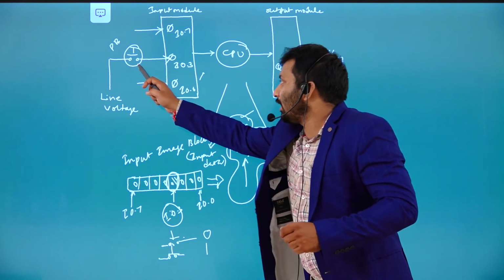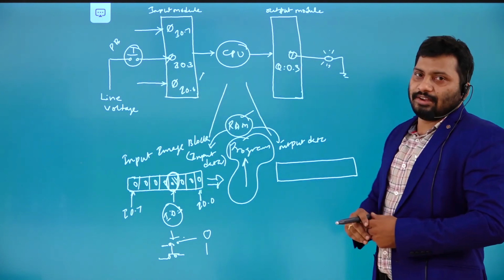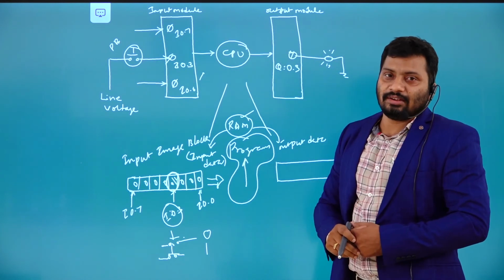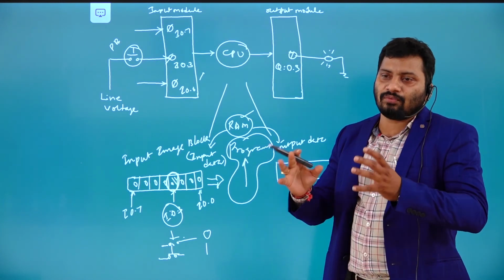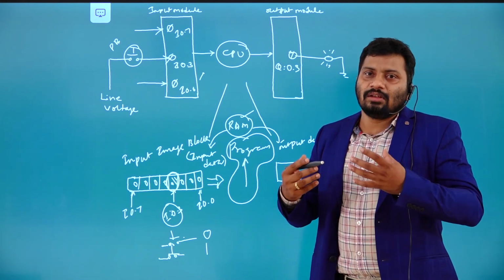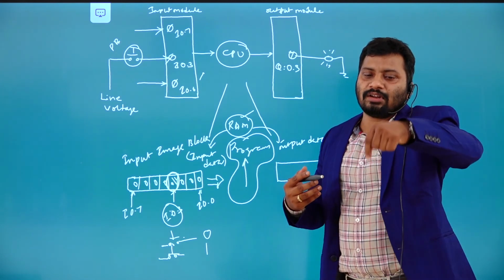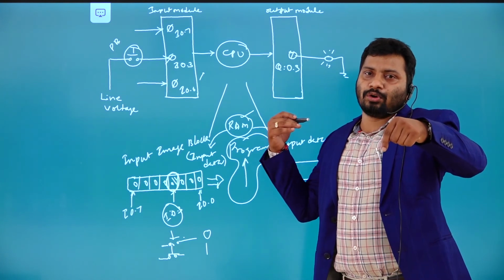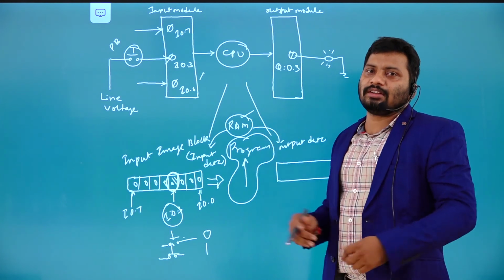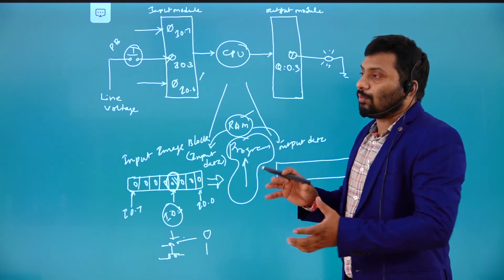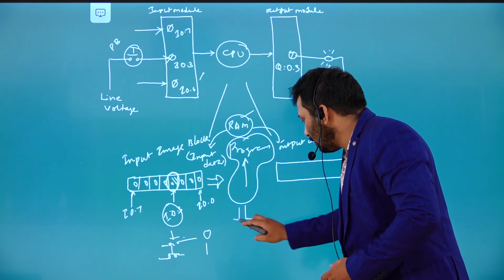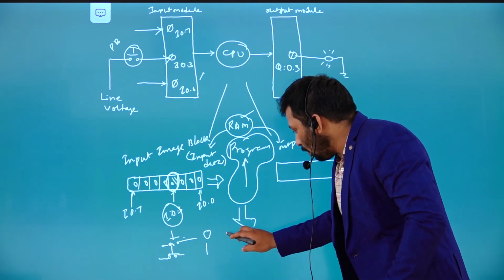If it is in open condition, turn off this particular light. If it is in the closed condition, turn on this particular light. That is our intention for doing the task. That means our plan is, if the push button is in open condition, turn off the output light. If the push button is pressed, the output light is on. So to perform that particular task, we need to write a program here. So what do you want to perform?